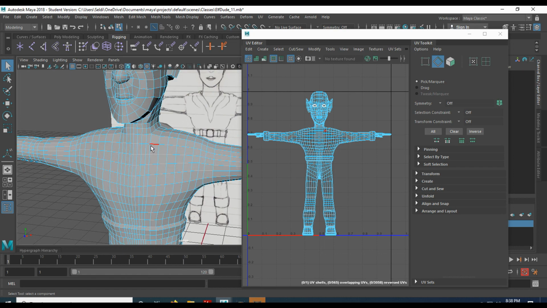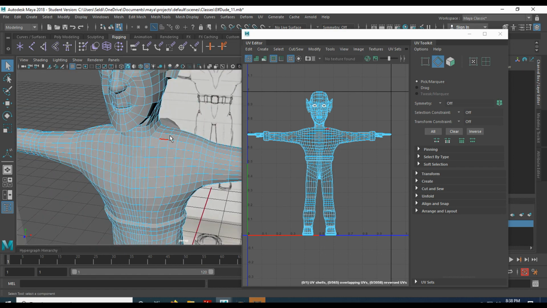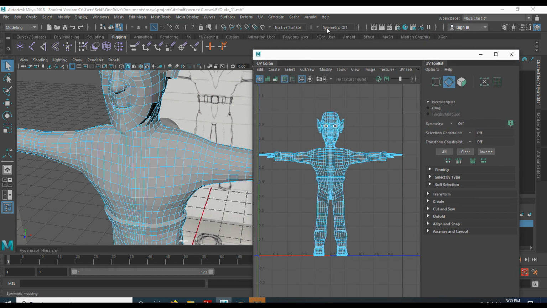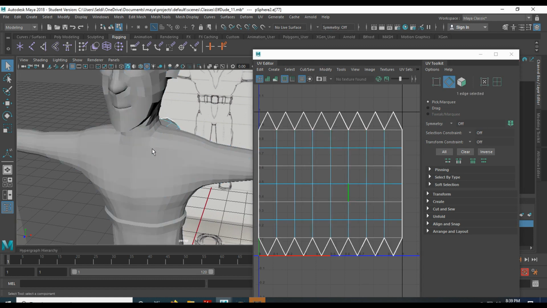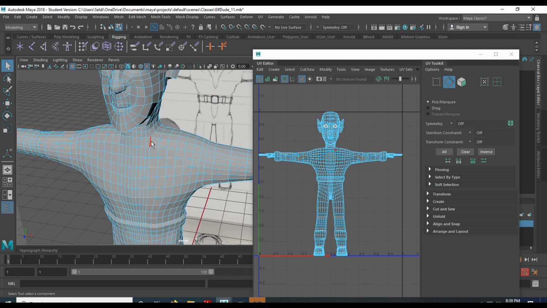And I'm going to select around. Now, let's see. I haven't actually tried this in 2018, but from previous experience, symmetry mode does not work with cutting UVs, so I'm going to leave symmetry off. Go ahead and select your model, and